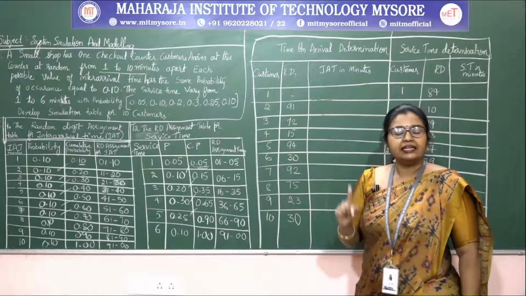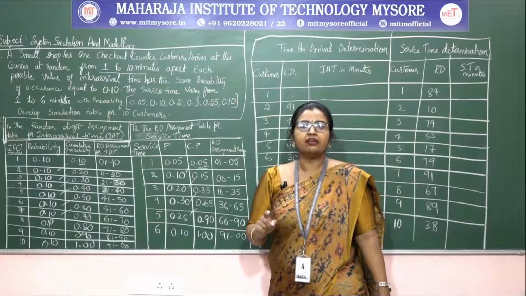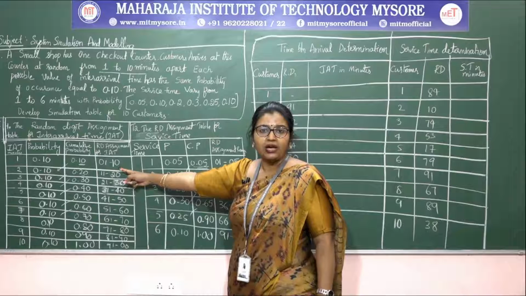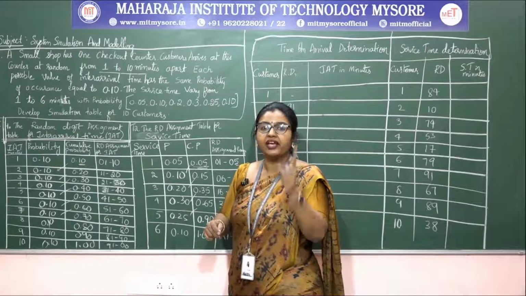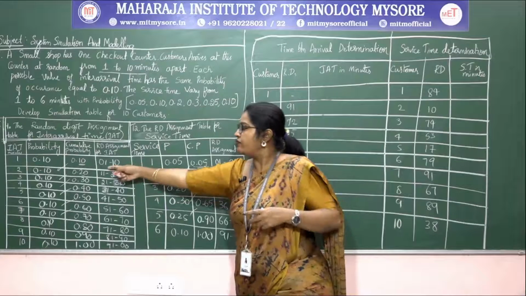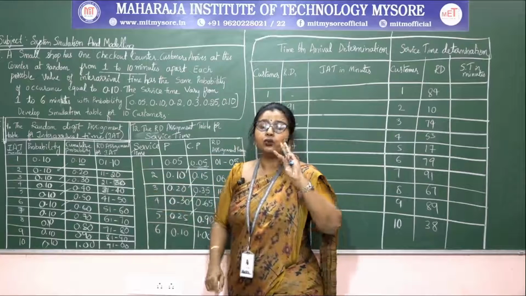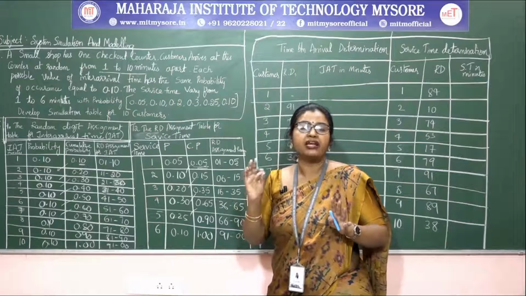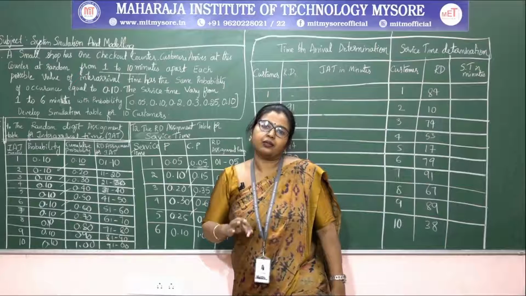For that, in the problem itself, they will give you the random numbers. If they are not giving, you need to take the random numbers based on the random digits whatever we have. If it is a 2-digit random number, from the last textbook, you need to take only 2-digit random numbers. If it starts with 1 to 100, 1 to 200, like that, then you need to go with 3-digit random numbers, up to 999. But here it is only 2-digit, so you can go with 2-digit random numbers only.